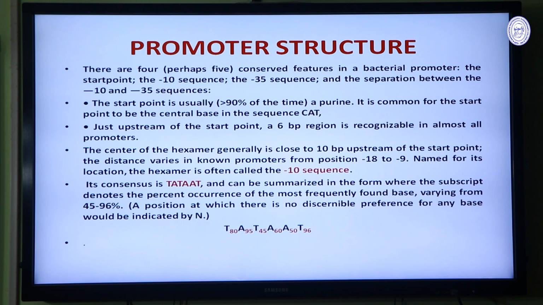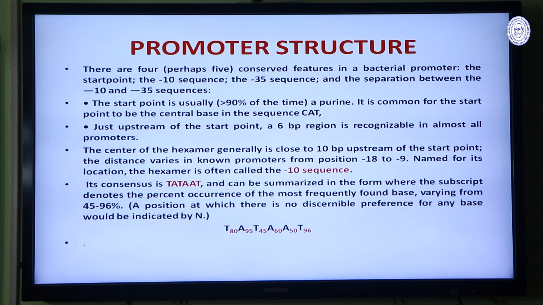So, it is AT rich, and we have seen that the melting region starts from the promoter sequences. We know that adenine and thymine form 2 hydrogen bonds. So, less energy will be required to separate the 2 strands of the DNA by breaking the hydrogen bonds between the thymine and adenine. So, the sequence will be read as